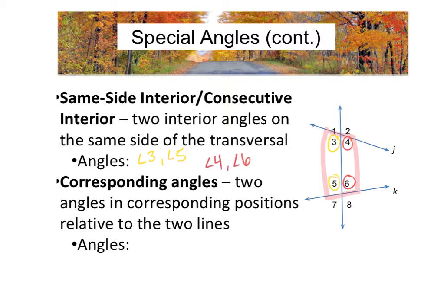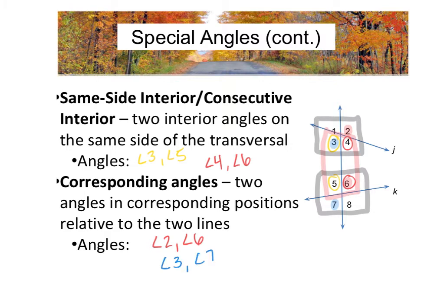And then corresponding angles. Corresponding angles is a little bit different. So what you're going to look at for corresponding angles is this box right here and this box right here. Okay? So for corresponding angles, each angle corresponds directly to another angle. So let's take 2 for example. 2 is in the top right of that square, so 6 would be the corresponding angle. So angle 2 and angle 6 are corresponding. Let's take a look at 3. Bottom left would be 7. So 3 and 7 are corresponding